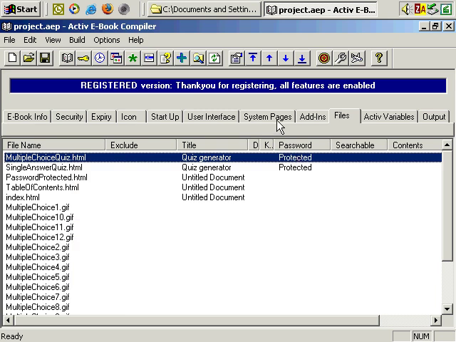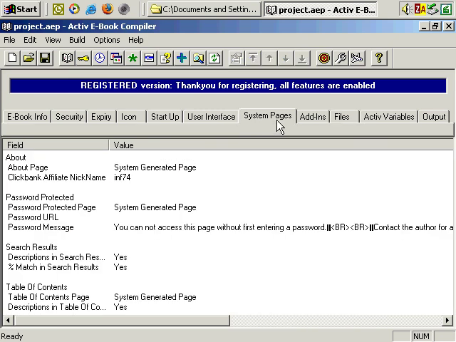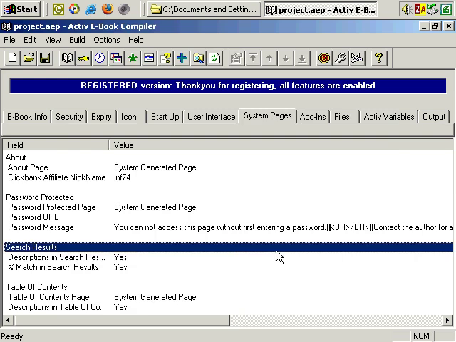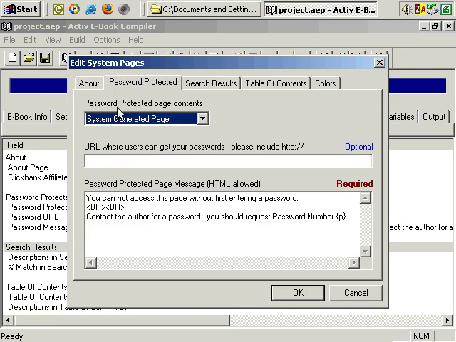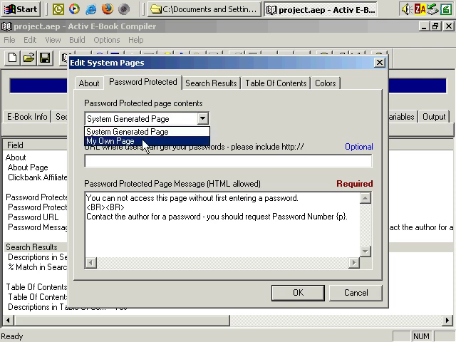If you go to System Pages, double-click anywhere. Go to the Password Protected tab. OK. Password Protection Page Contents. You could have a page here which prompts for the password, which is automatically generated by the software. Or what I recommend is a custom page, a custom web page, so you can click here, choose My Own Page,